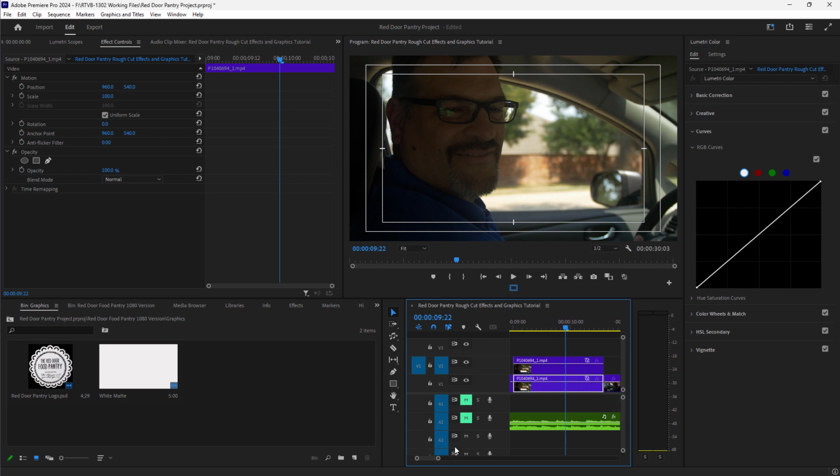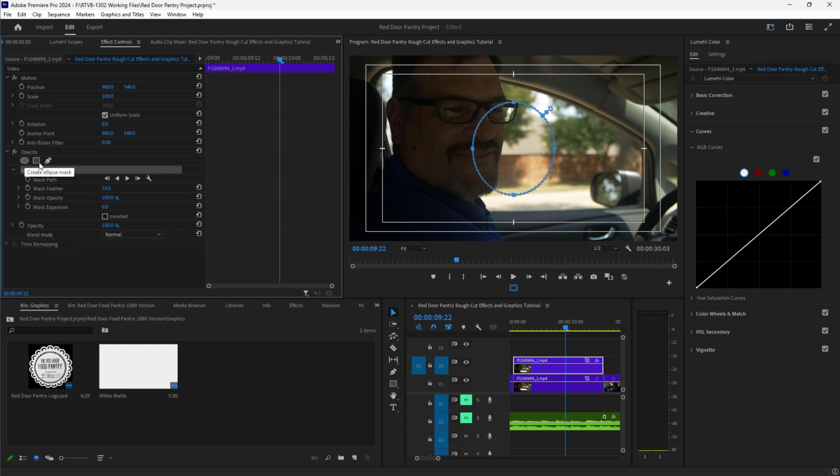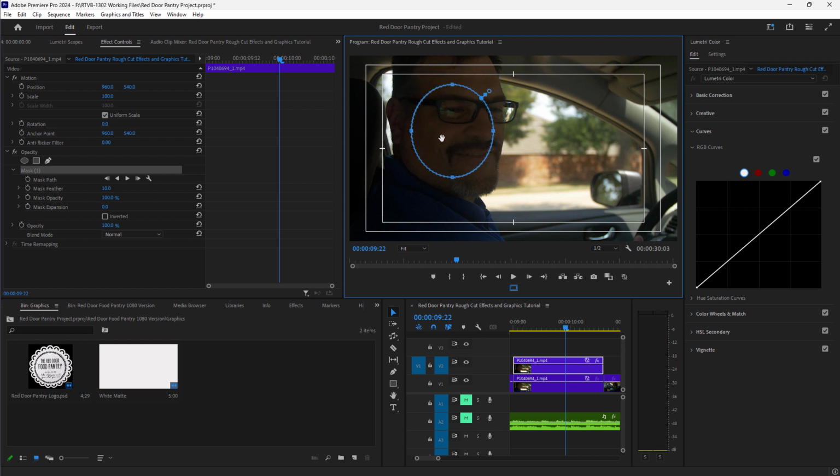Okay, and then once we do that, what we're going to do is we're going to make a ellipse mask this time. So I'm just going to click on this one time, and it's going to make me an ellipse mask. I'm going to take it and put it roughly over his face, and I can make it a little bit more face shaped